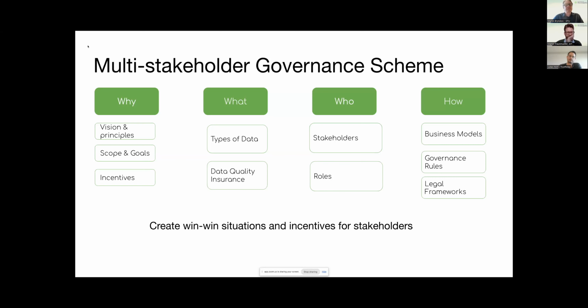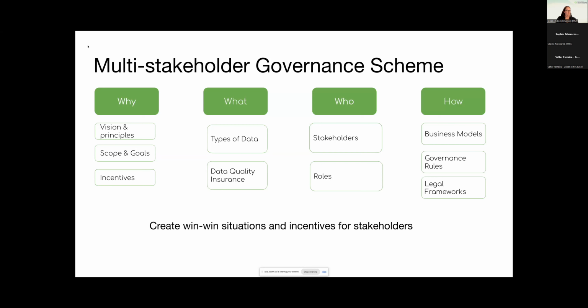This is also, as we know, often the struggle, to really define the incentive for sharing the data. So it's very important to engage in workshops or other kinds of interactions to define it, or to look at other examples.